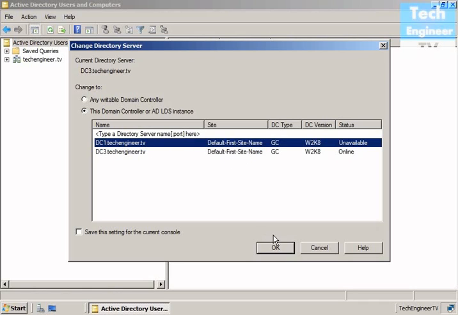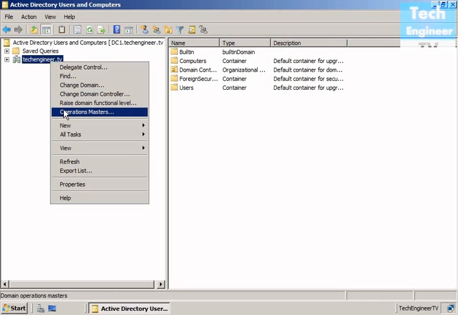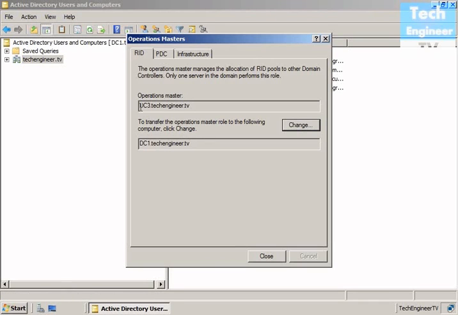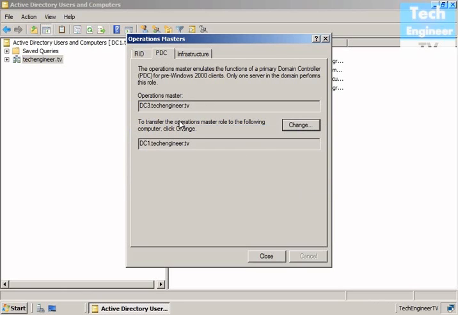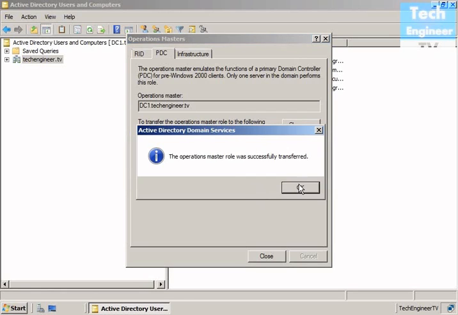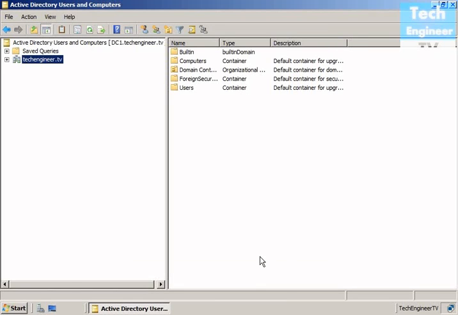Once again I want to give the ownership to DC1. So right click Operation Masters, and the current ownership is with DC3. I logged on with DC1. I want to change over. I just want to change it. Okay. With PDC change, yes. Okay. So here we go. It's so simple to change the operation masters, but since it's a lab, that's the reason it's easily happening. Hope you learned something about transferring